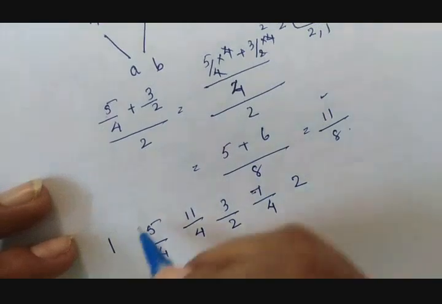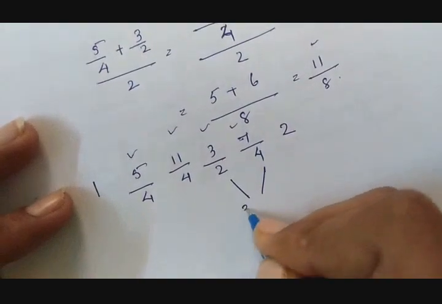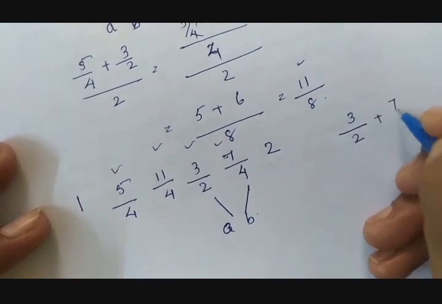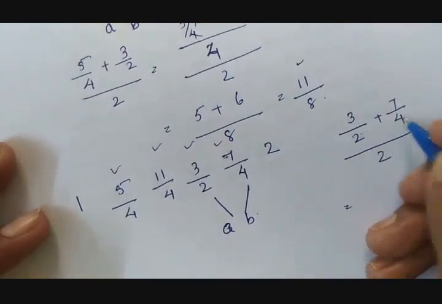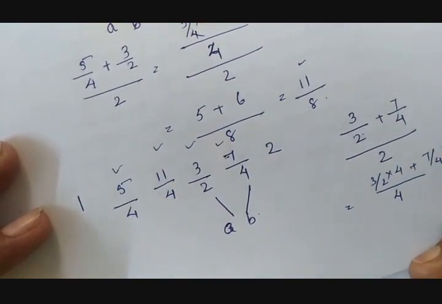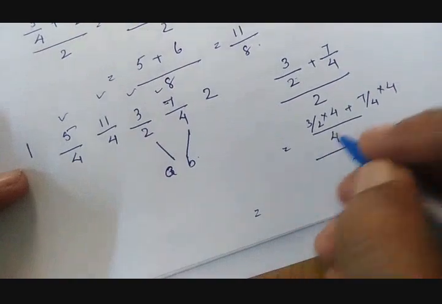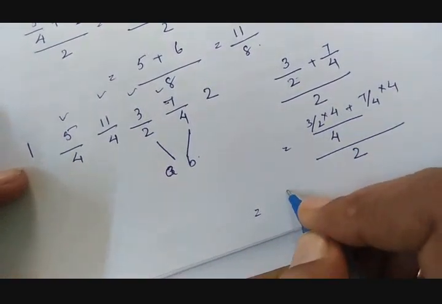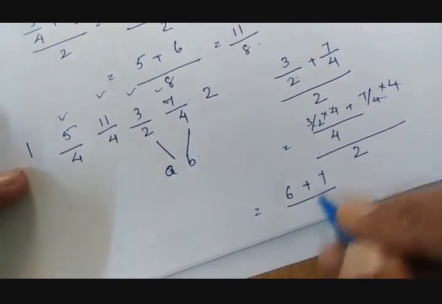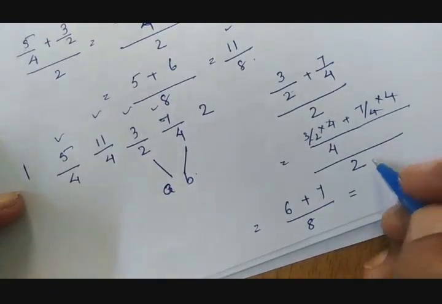And we have to find out the intermediate values. For the last intermediate value, we take 3 by 2 as A and 7 by 4 as B. So 3 by 2 plus 7 by 4, the whole divided by 2. Here the LCM is 4. So 3 by 2 into 4 plus 7 by 4 into 4, the whole divided by 2. 3 by 2 into 4 is equal to 6 plus 7 by 4 into 4 is equal to 7. The whole divided by 8, which is equal to 13